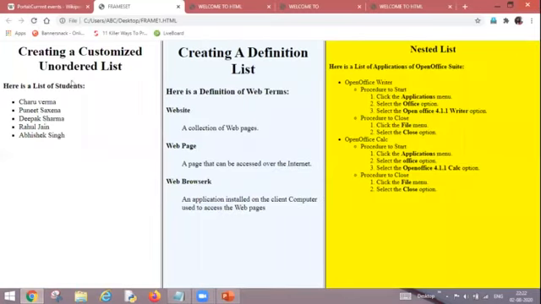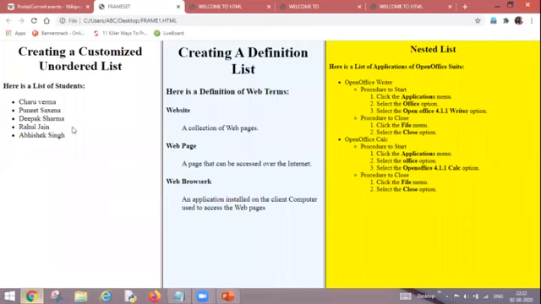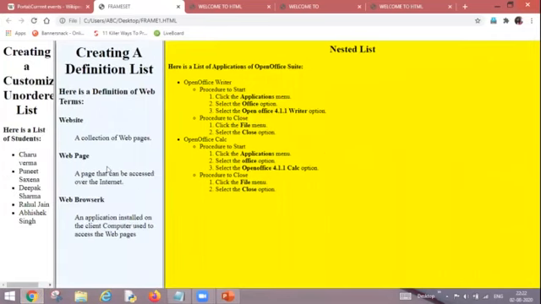So what has happened, that my first portion is containing q1.html, my second frame is containing q2.html and my third frame is containing q3.html. And as you can see that frame 1 is 30%, frame 2 is 30% and frame 3 is little bit having the large width comparatively. So this is the 40% of the area. Now I can show you that I can write here 10%. This can be 20% and rest can be star. That means it will be calculated automatically by the web browser. So here is an example.